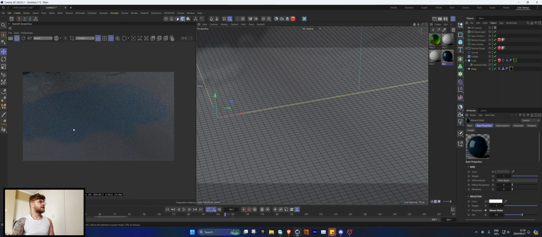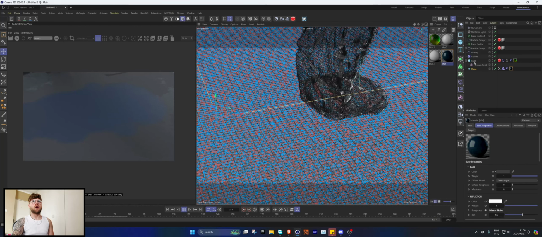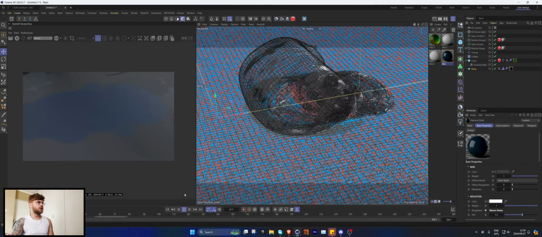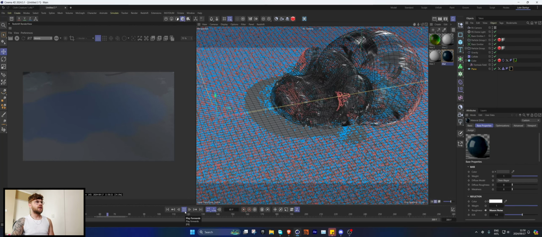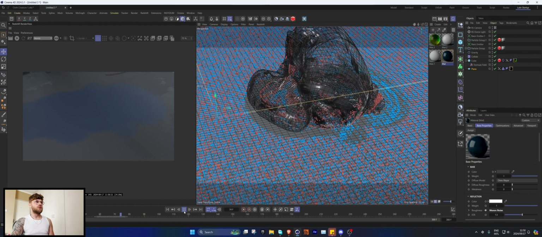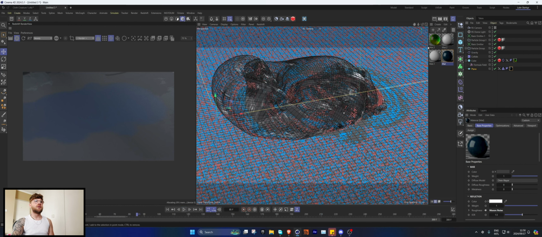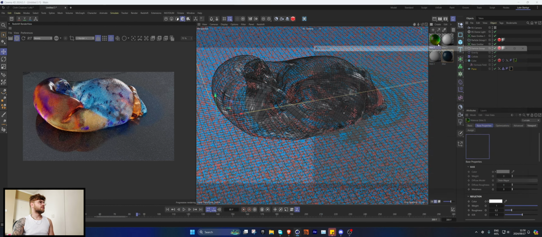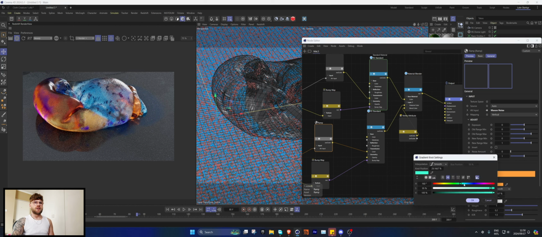And the nice thing about this setup over here is that it is procedural, so we can always add things. We can add more subdivisions. You can change up the object that you're using, and it's pretty easy to iterate and change up the colors as well. I mean, let's just get into,